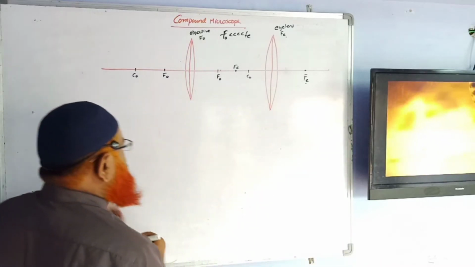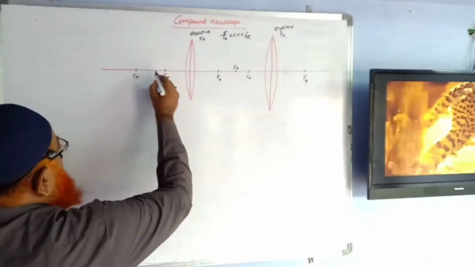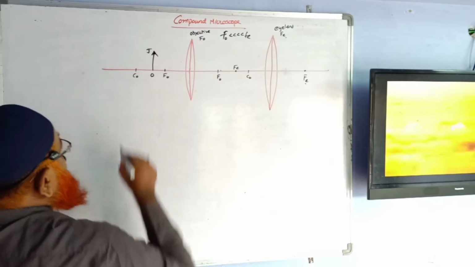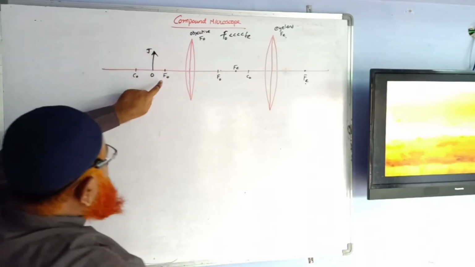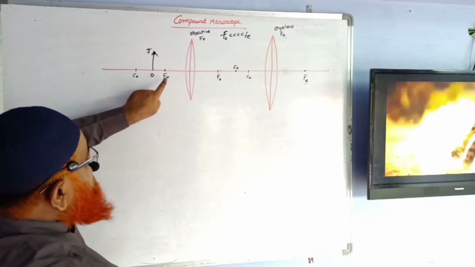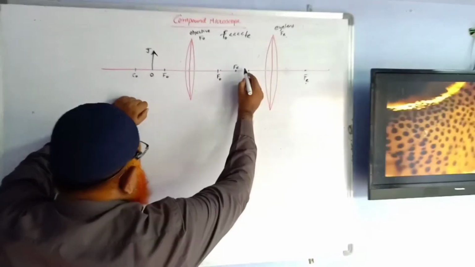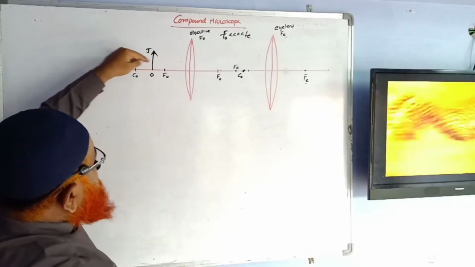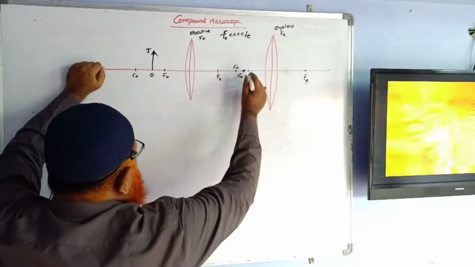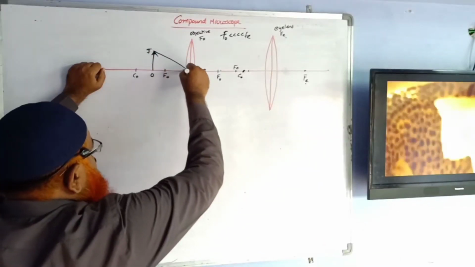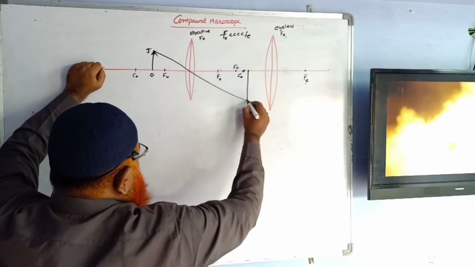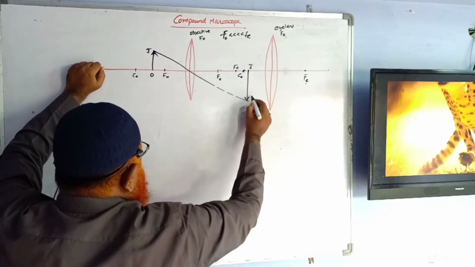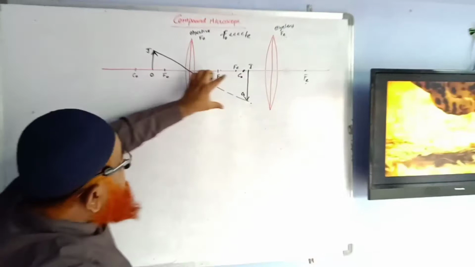Okay, so now let us see what is going to happen. Now I am keeping an object at this place here. That is the object, and this is the objective. When you keep an object between F and C, you know the image is formed beyond C here. So this is, let us consider, C0. This is the center of curvature of the objective here. So when you keep an object between F and C, the final image is formed beyond C. Now I can draw one line which is passing through the optic center. Now let us imagine this is the final image you are getting here. So this is the image I1 you are getting at this place here. So for this object you are getting an image.